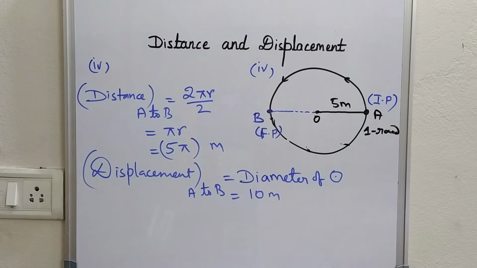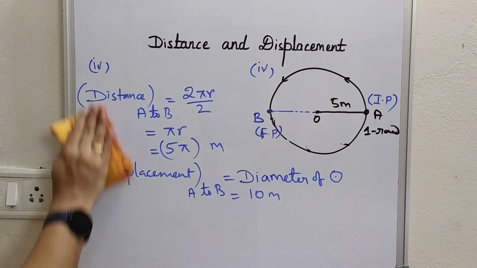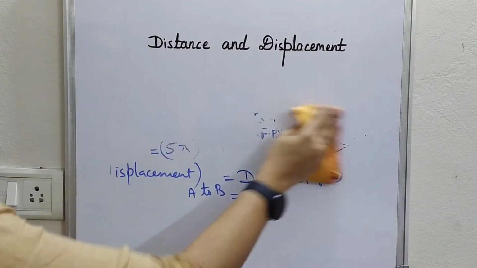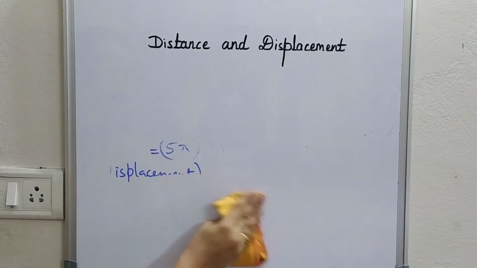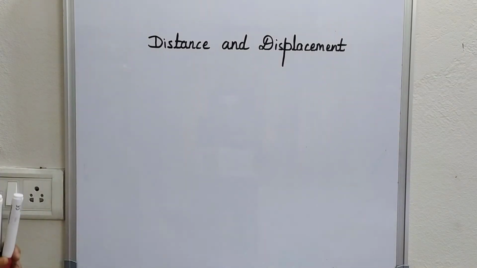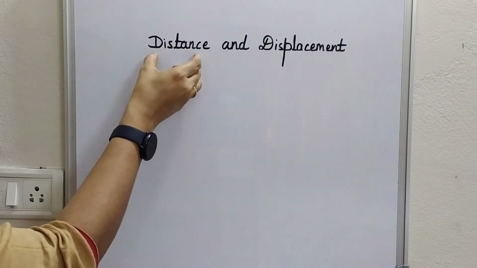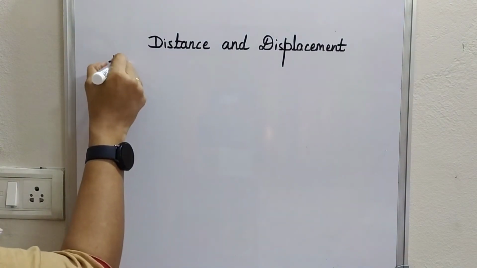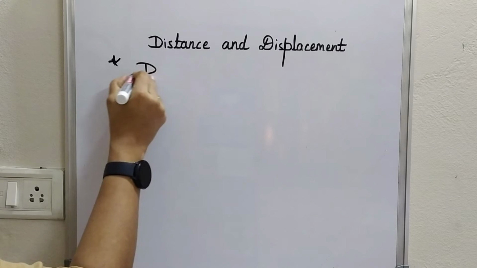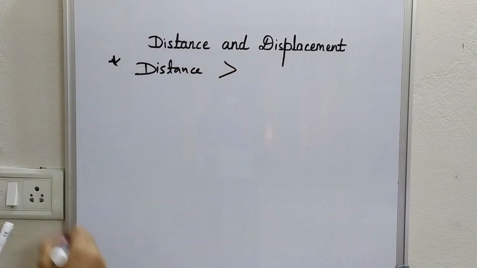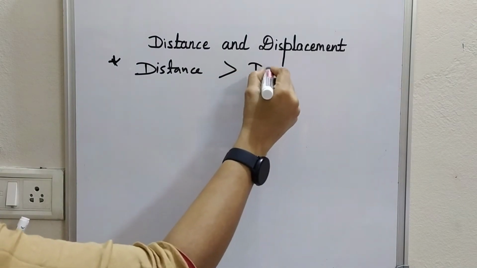So this is how we can understand and differentiate the terms distance and displacement. In both the cases, we have understood that it is the length that we are calculating. Distance is the total length and displacement is the shortest distance. So this is something very long, this is something which is short. An important point to be noted is that distance travelled by the body is always going to be greater than displacement.